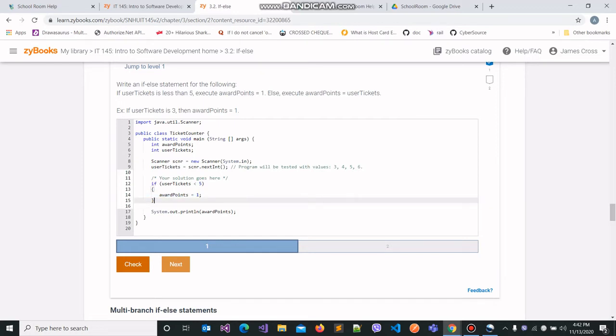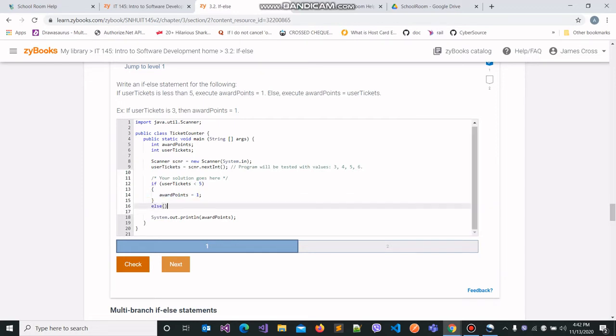If the if condition evaluates to false, then the code in the else block is going to execute. This means that the user bought more than 5 tickets, which means that the number of points the user is going to be awarded is the same as the number of tickets that they bought. Make sense?